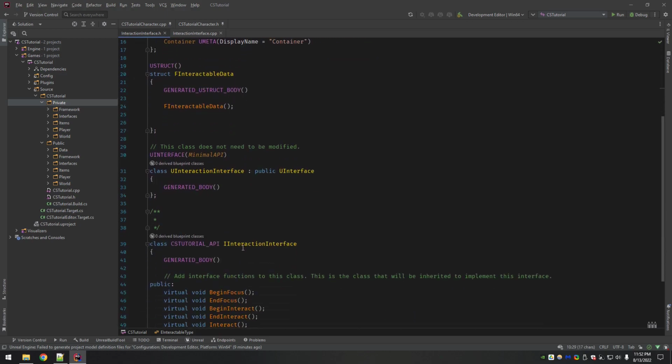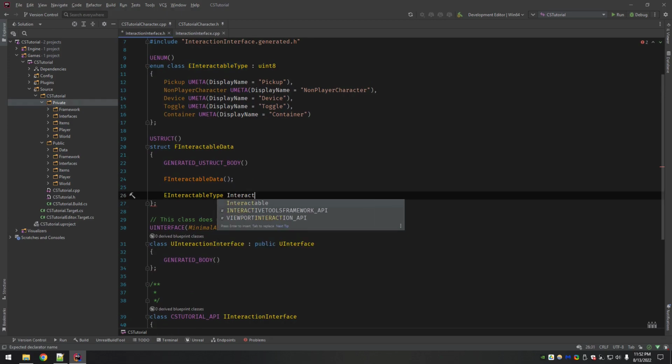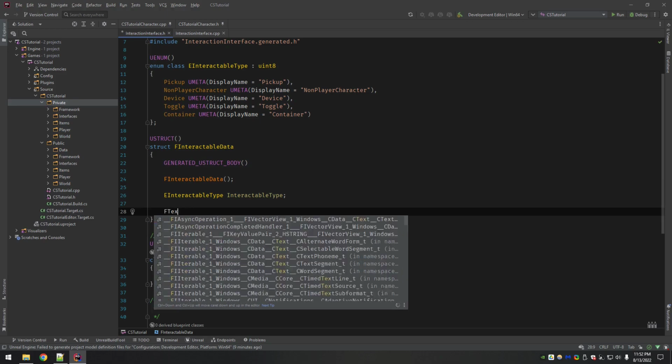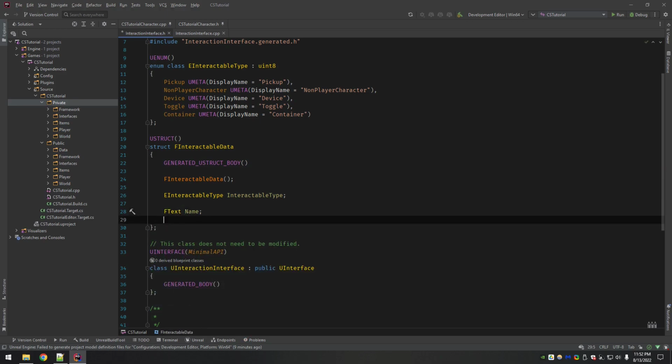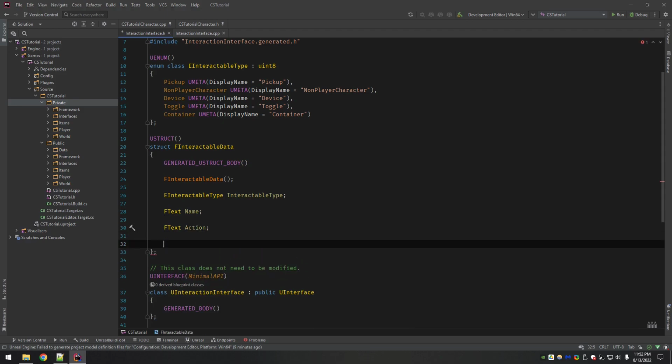And so come back down here to our interactable data, and we're going to create an interactable type and just call it interactable type. We also want a name. We want an action. We want a quantity.